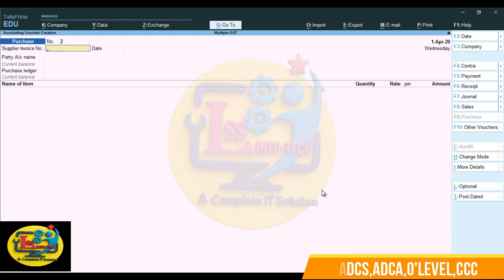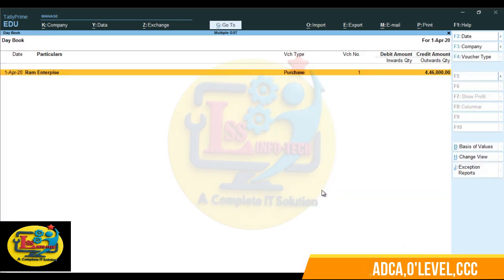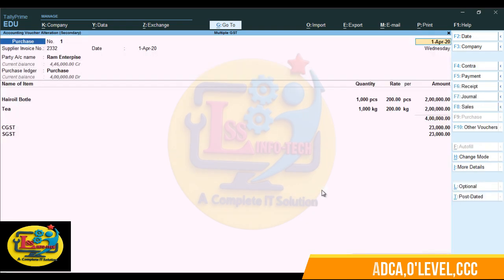Now you must be wondering how this has been calculated. In the previous version, meaning in the VAT sort of structure, when we used to work in Tally, it was quite difficult to go for multiple tax rates, but here it is very simple. Let me show you by going to the report over here. Okay, so the bottle price overall amount was 2 lakh rupees and the tea amount was 2 lakh